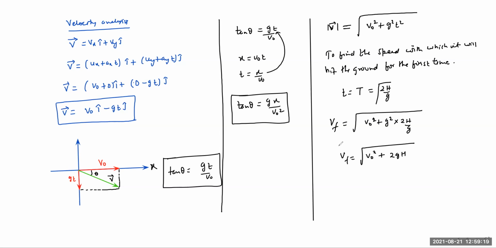And this is very much similar to what we have seen before also, isn't it? But when we saw this formula before, we were throwing the object either up or down. And now here we have thrown the object horizontally. So now something very interesting is coming from here. And what is coming here is that no matter how you throw,